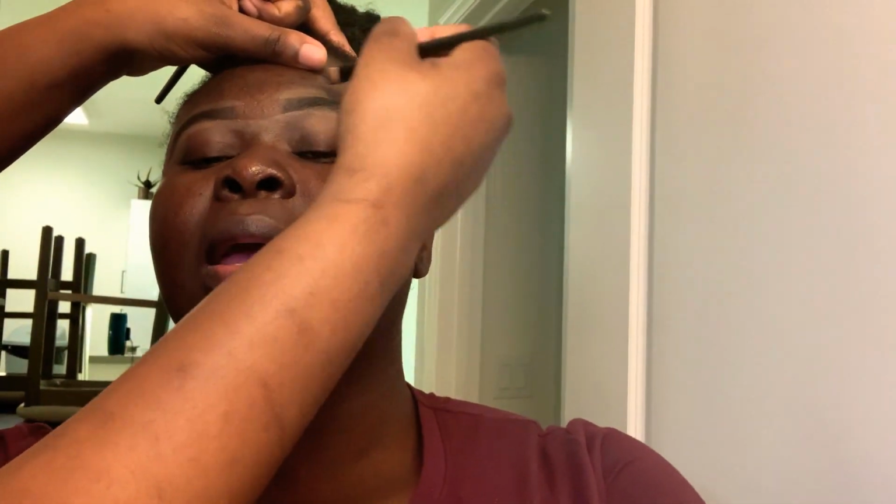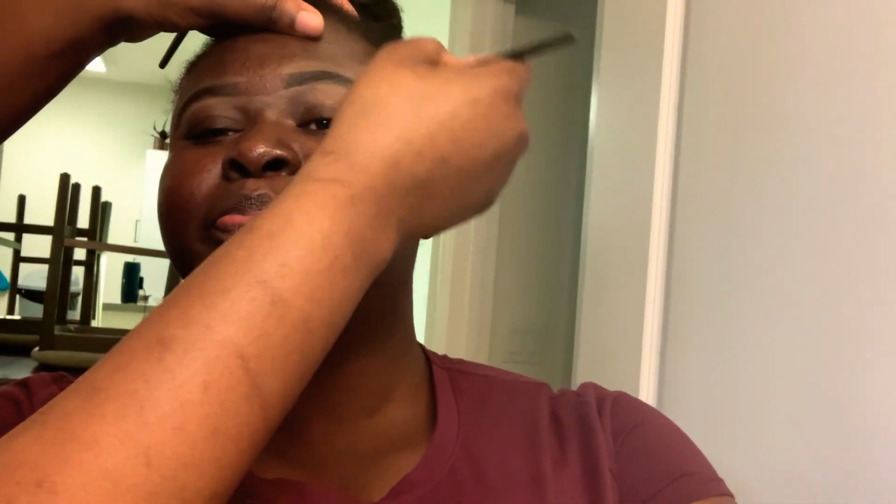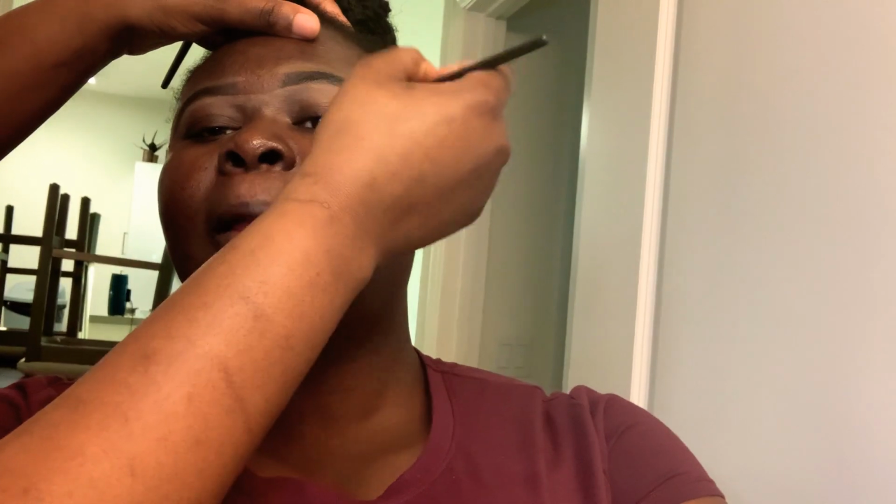So she doesn't really want a really heavy makeup look. She wants a more natural look, and her eyebrows are not even, and I'm telling you guys,